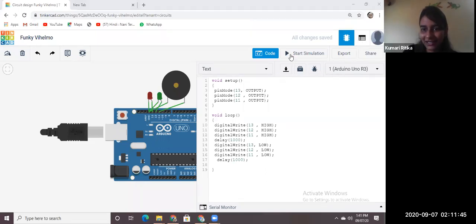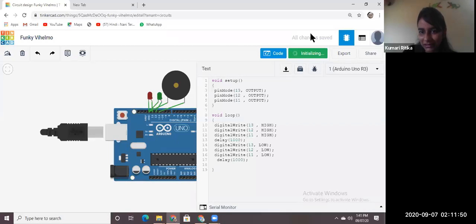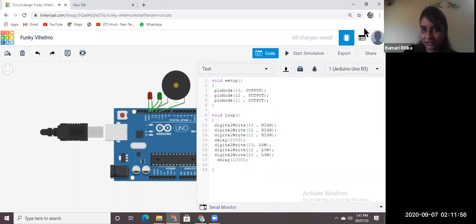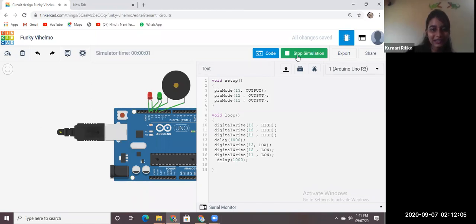I'll just play it. You will be able to hear the sound. It's really annoying noise. No, not working. Okay, I'll play the speaker, but you won't be able to hear it. Can you? I don't think so.